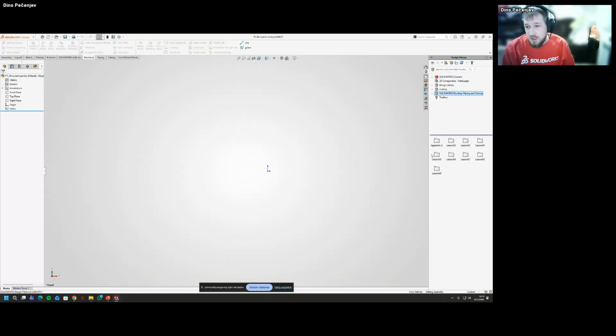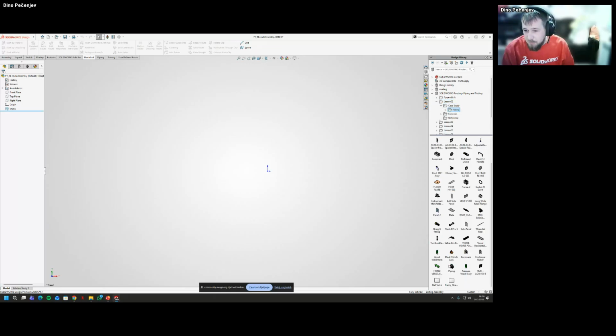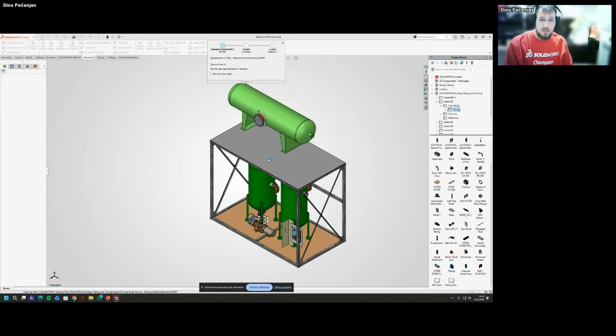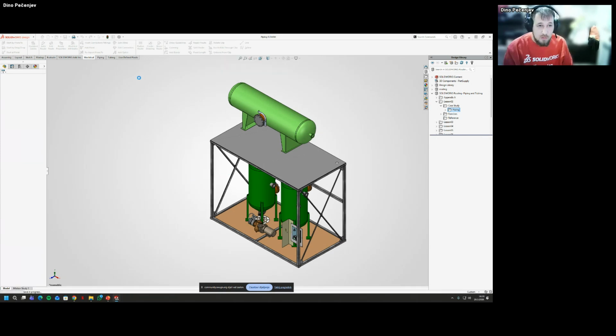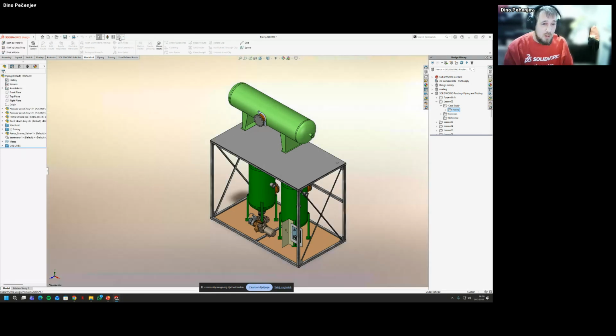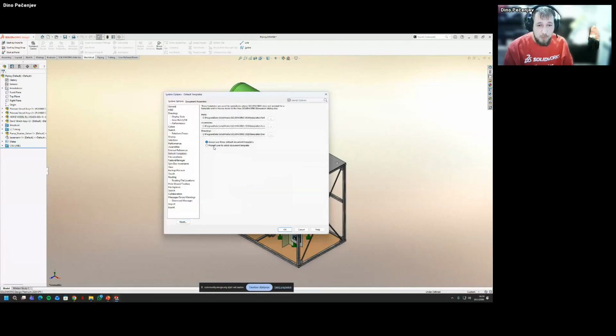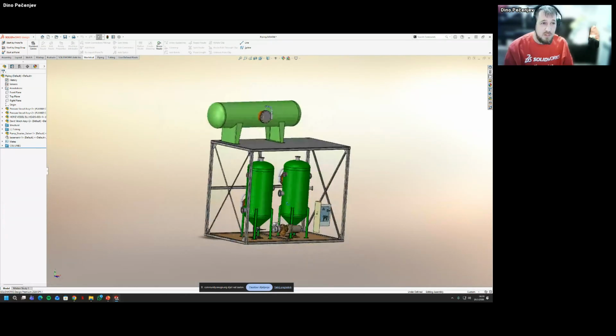So I'm going to just open up here a simple assembly. And for this, I'm going to prompt the user to select the document template so you can see when I'm selecting.